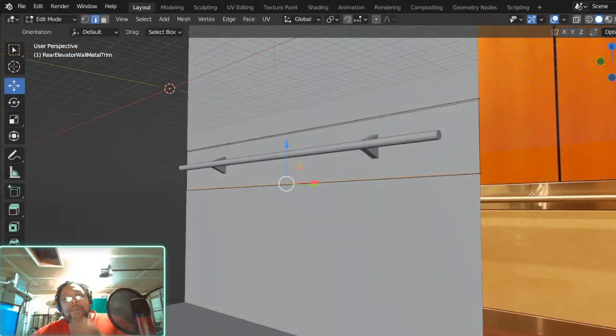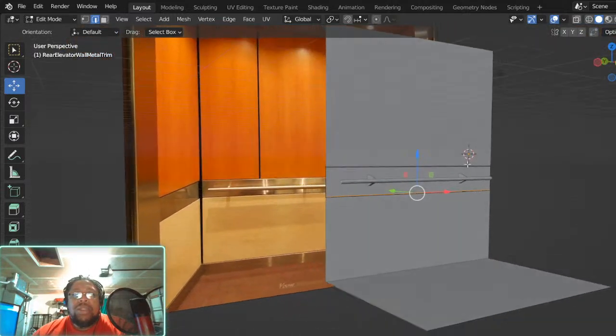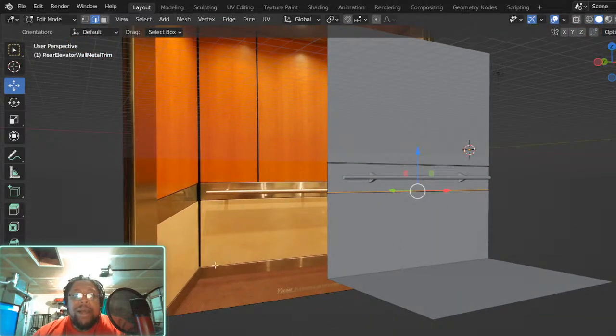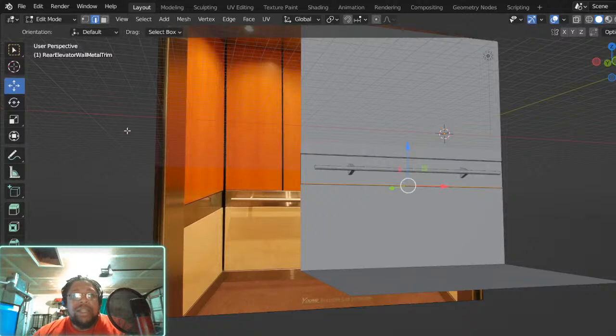So what I am gonna do is I'm probably gonna just use a regular material on here, or maybe I could grab like a brass material or something. That remains to be seen. Let's think on that. We need to... Oh, there's another trim at the bottom too, as well. So let's knock that out. Let's get that done.